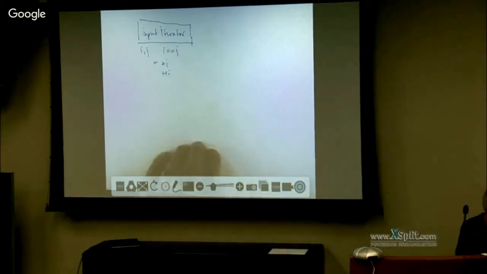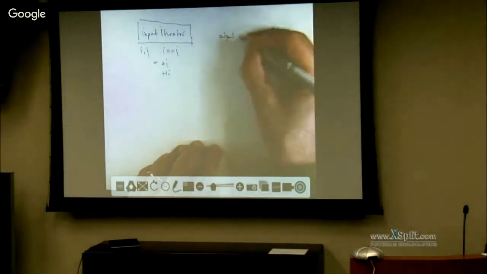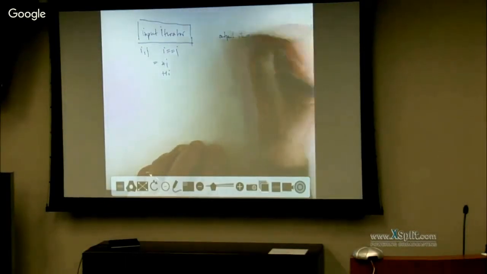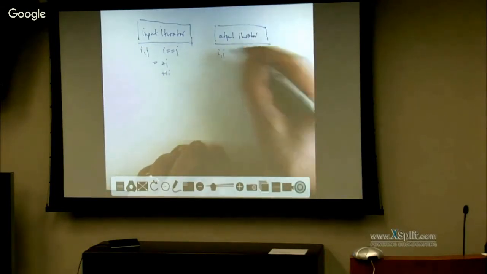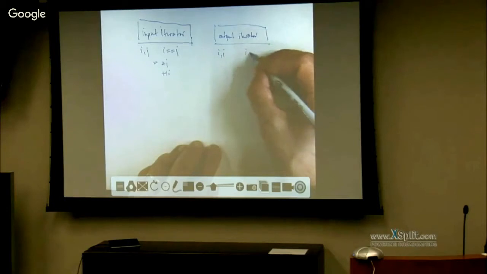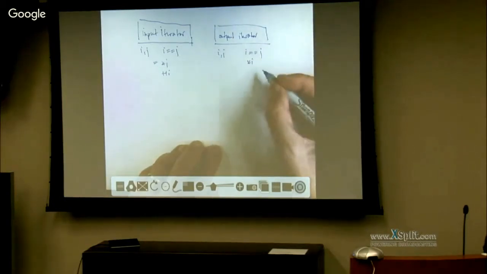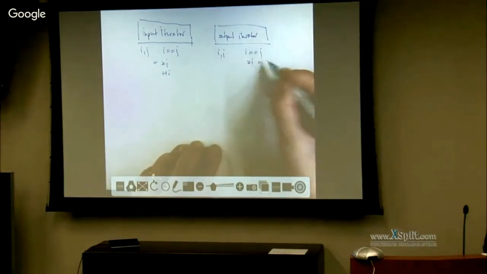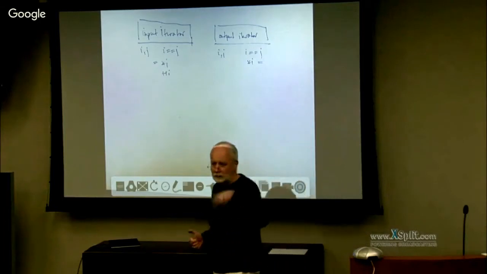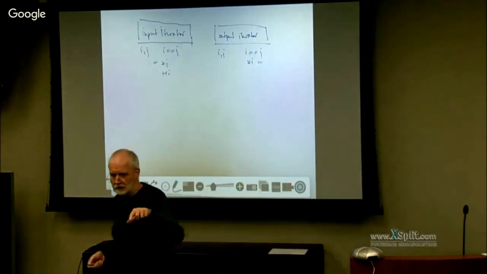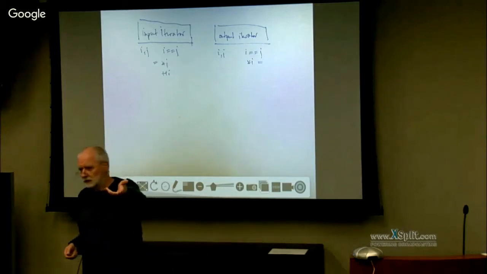If there's an input iterator, you obviously have output iterators as well. And as you already might guess, what you need is equality. You need dereferencing, but this time only on the left side of the assignment. So you're not allowed to read from it, you're only allowed to write it. And the best example for that is putting characters onto a display.